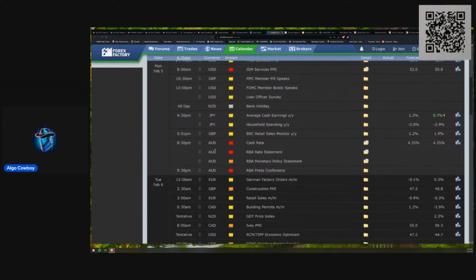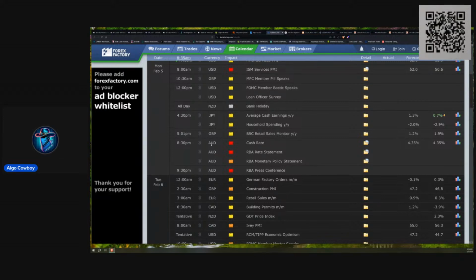And then at 10:30 p.m. EST, if you're trading, like say if you're in Australia or if you're just in a different part of the world and you like to trade that Sydney Open, you can get some Aussie news coming out there. Their cash rate, this is probably the biggest news of the month with the Aussie dollar.